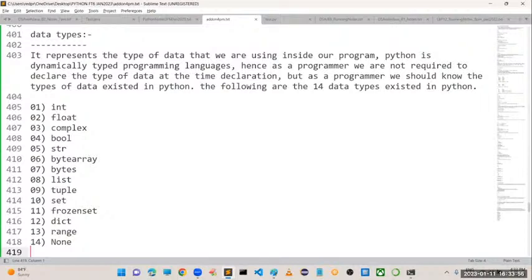Anyway, we have to explore these one by one in our programming. This entire data types concept we are going to study in 3 days: today, tomorrow, and the day after tomorrow, that is Friday. These 3 days we are going to explore these data types one by one. Before moving to the integer data type, is the basic classification of the data types clear for everyone? Please respond. I think only one student is responding from the beginning.